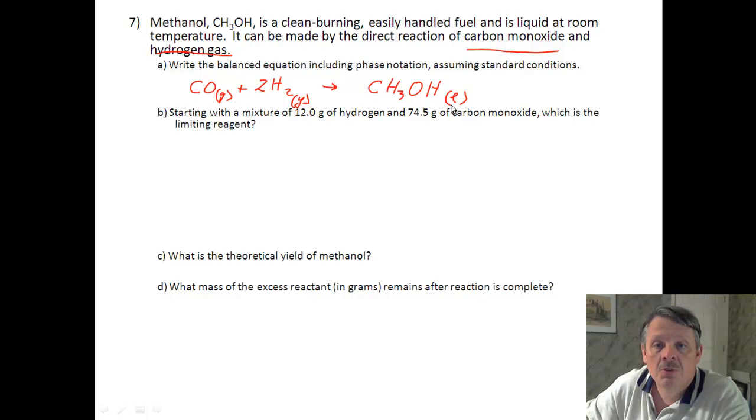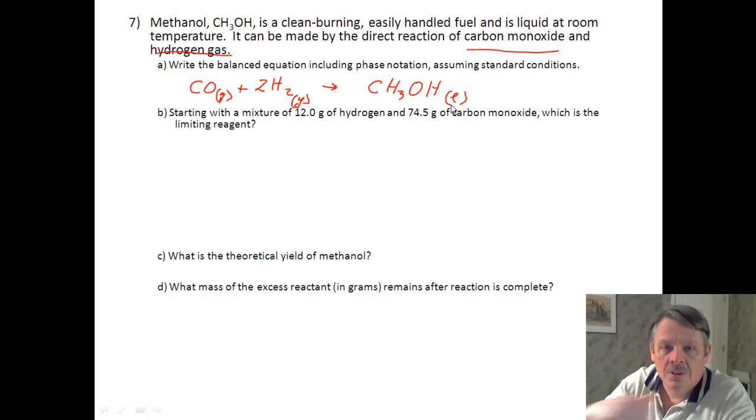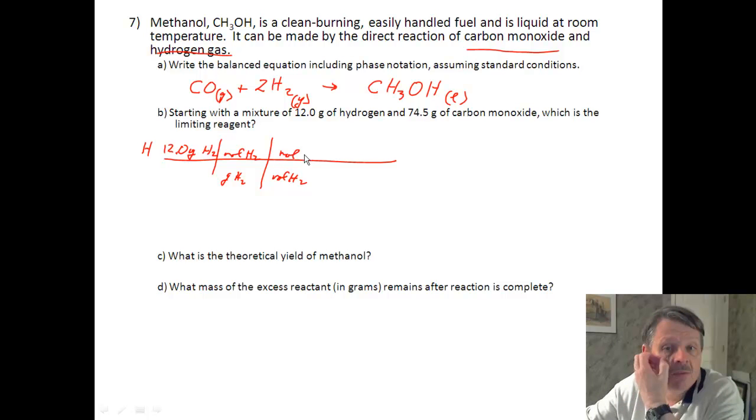Starting with a mixture of 12 grams of hydrogen and 74.5 grams of carbon monoxide, what's the limiting reagent? Okay, well, let's start with one of them. Let's start with hydrogen. And we're going to start with 12.0 grams of hydrogen. Now, what we do when we start with that is we have to convert from grams of hydrogen gas to moles of hydrogen gas. And then from moles of hydrogen gas, we have to go to moles of a product. Well, we only have one product,